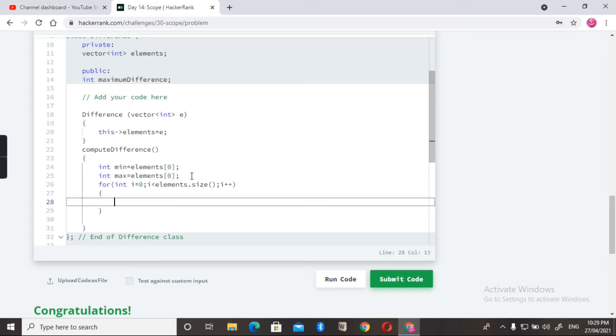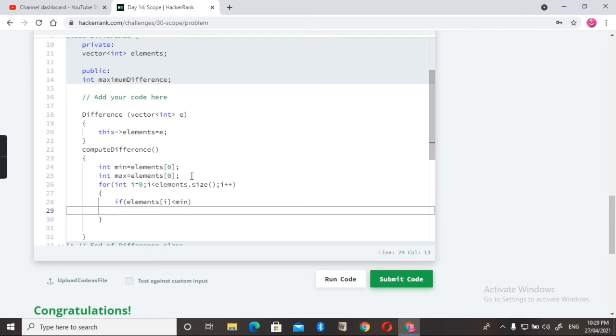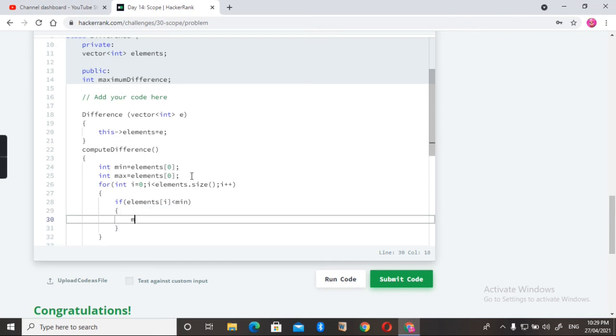After that we need to find the minimum element from that array and the maximum element from that array. So for that I am writing here: if elements of i is less than minimum, then just save that element into the min value.